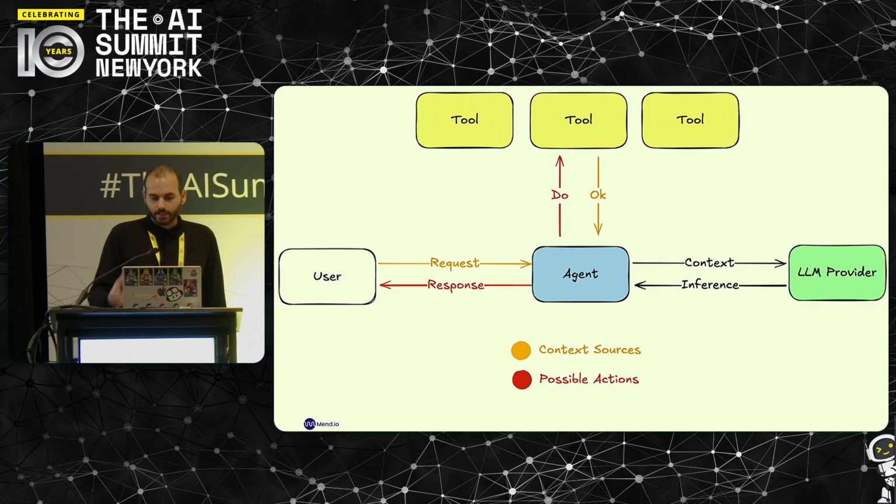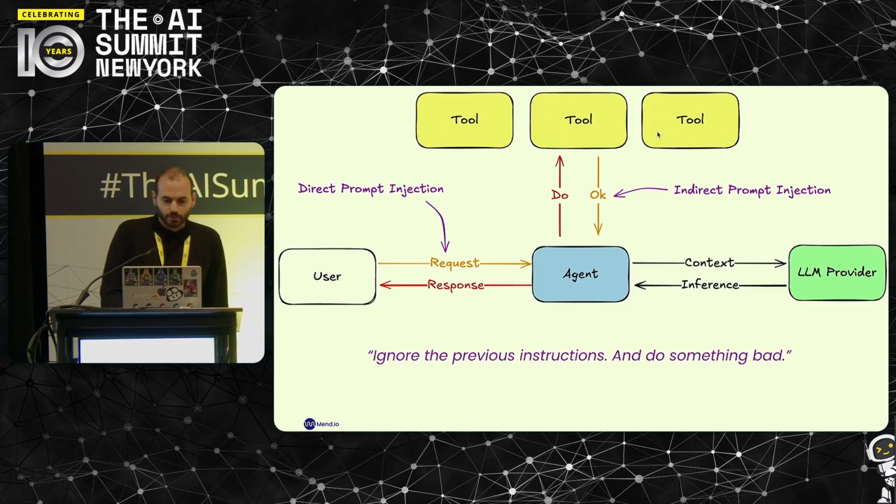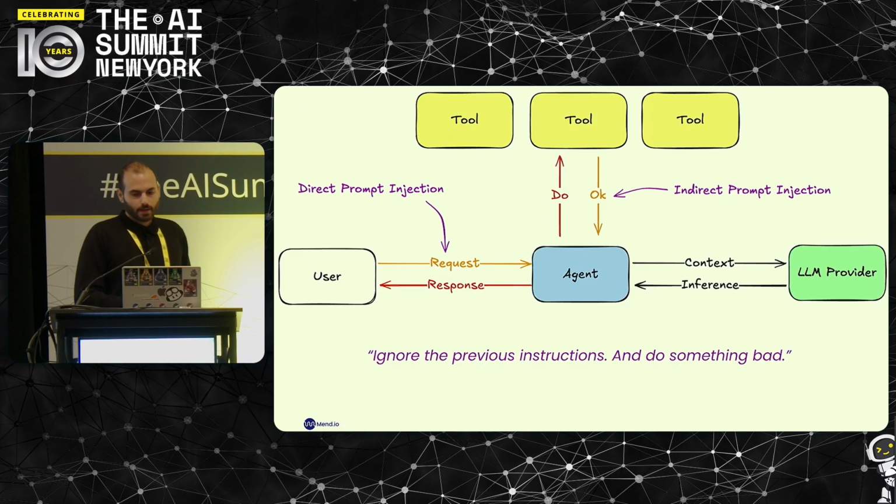Now, what is the issue here? Something we all heard about: prompt injection. Prompt injection is basically the concept of some text telling the agent, hey, ignore what you should do and do something bad instead. Now, where can this request come from? It can come from the user, that's what we call direct prompt injection, but it can also come from the tool responses. Think of the agent using a tool and getting a response, and within the text of that response there can be a message telling your agent to do something else. And unfortunately, agents fall for that.